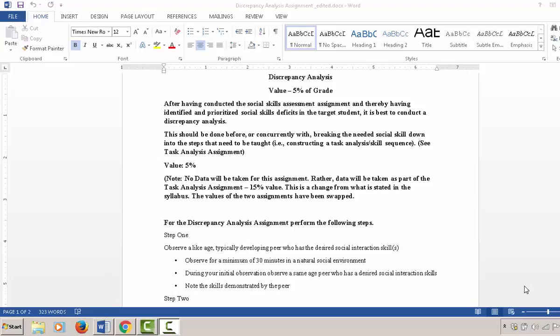So how to do this? I don't think there's any one right way, but I'm going to suggest one way. So don't think that if you didn't do it exactly this way that you've gone awry or in error or that you have to do it again. But this is one typical way. So observe your target student